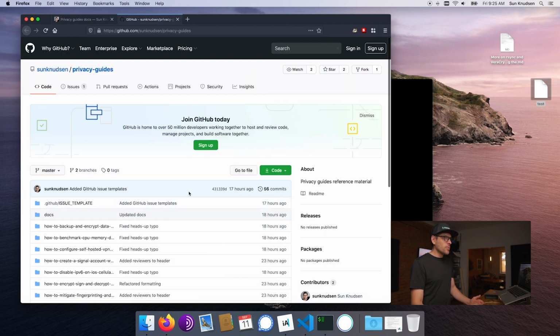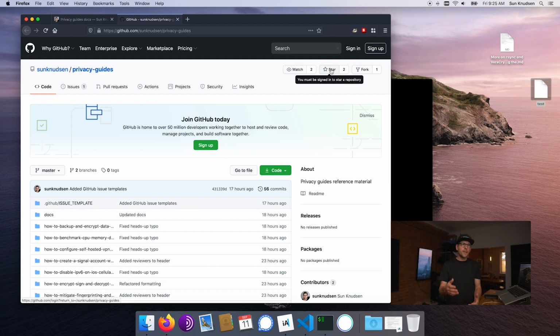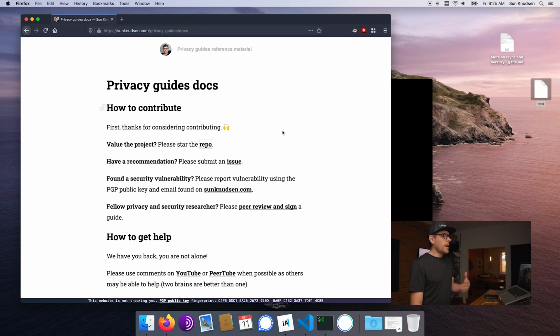So when you go on the repo here, there's this little star button. You need a GitHub account for that. But if a lot of people star a repo, it's a way of showing the community that this content or this code is appreciated, is valued by the community. So that's super helpful. Another thing you can do is, if you're a privacy or a security researcher, or if